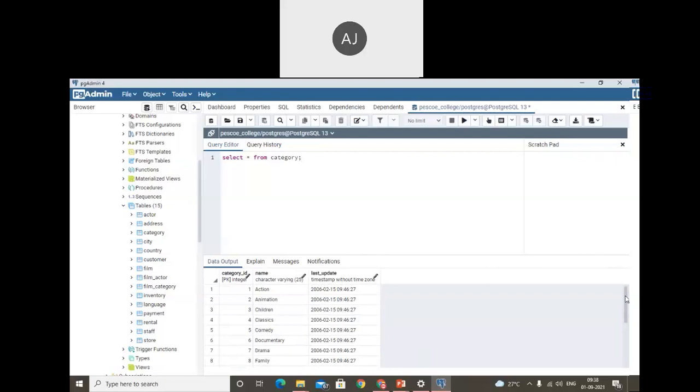But if you have any error, you will get the error at the time of data restoration. Here also an error can come. And if you have 32-bit architecture laptops or desktops, then again there is a chance to generate an error. Okay, so for that reason, don't worry about that.